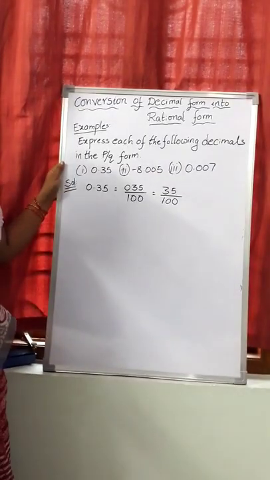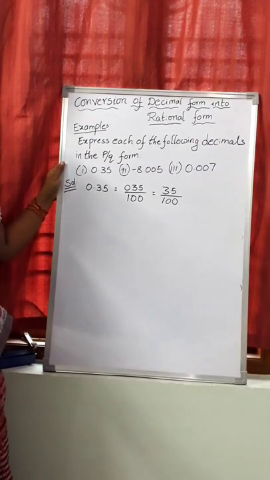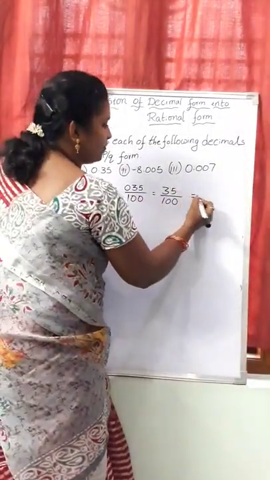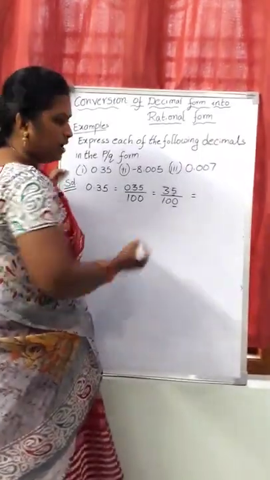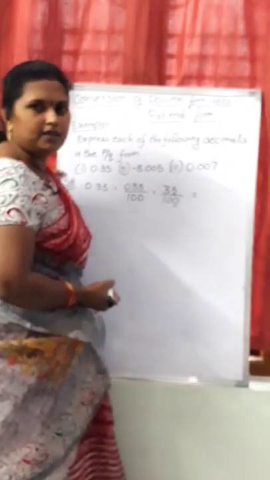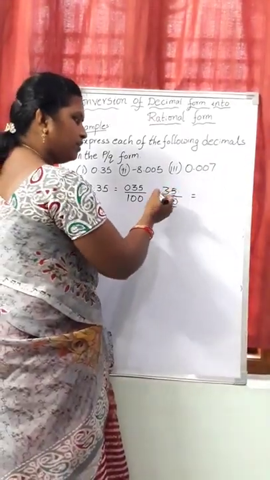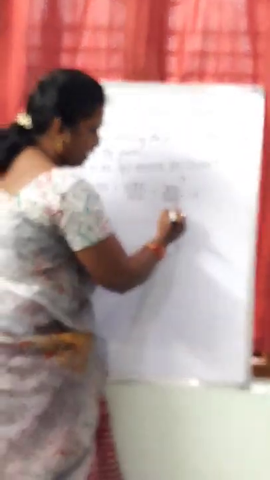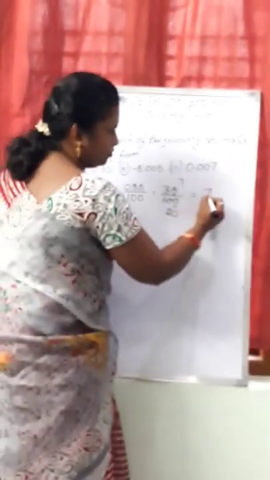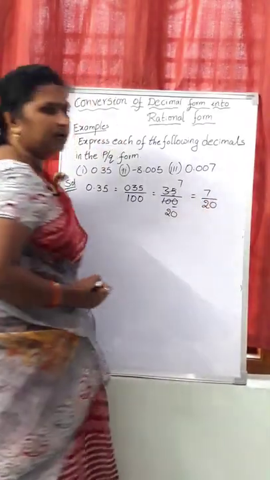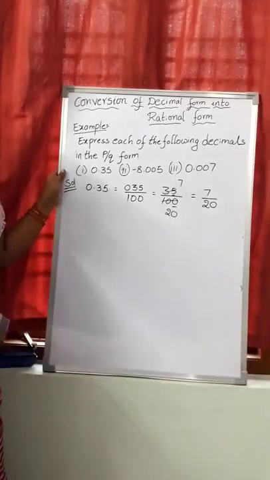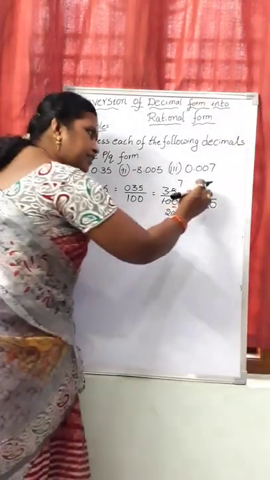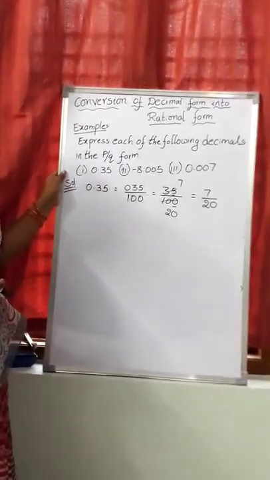But we have to express any rational number in the simplest form. That means we have to do cancellations if you are having any common factors. See this one. For 35 and 100, what is the common factor we are having? Yeah, here units place is 5, here units place is 0. So we can do the cancellation with the 5 table. 5 table in 35 how many times? 5 sevens are 35 and 5 twos are 10 and 0. So we get the value 7 by 20, which is in the P by Q form. And it is the simplest form because there are no common factors here.